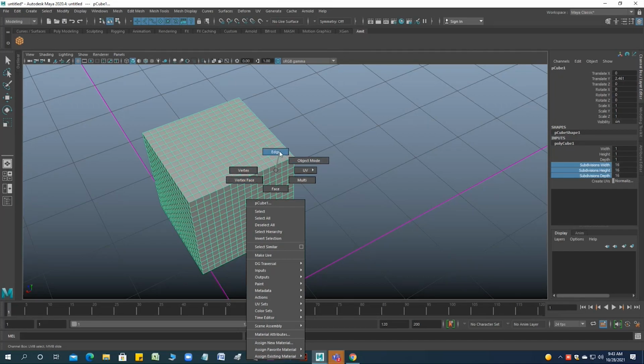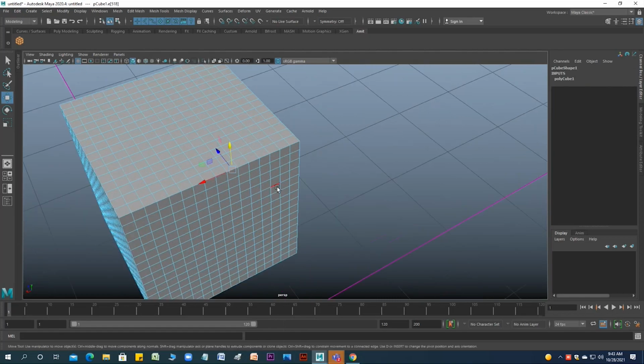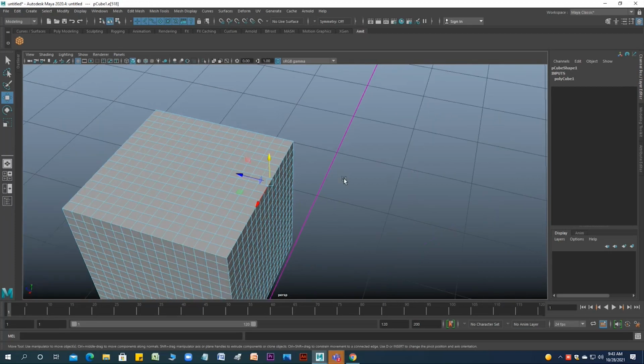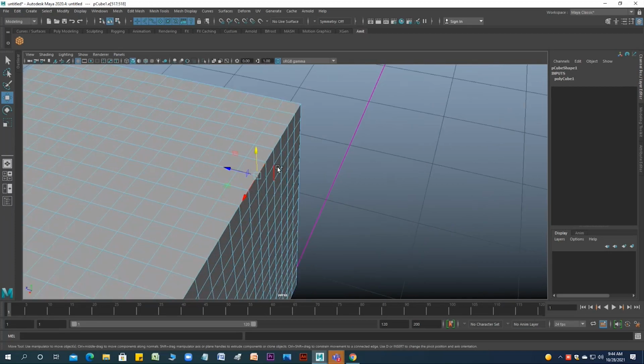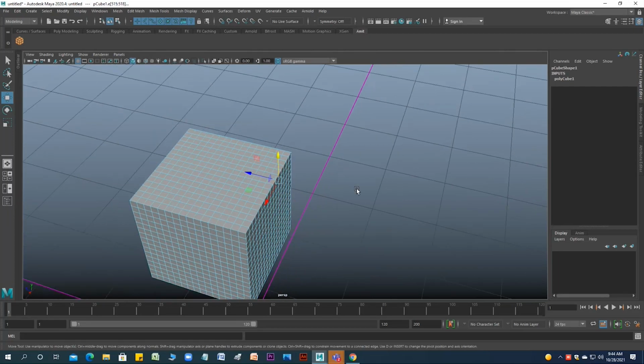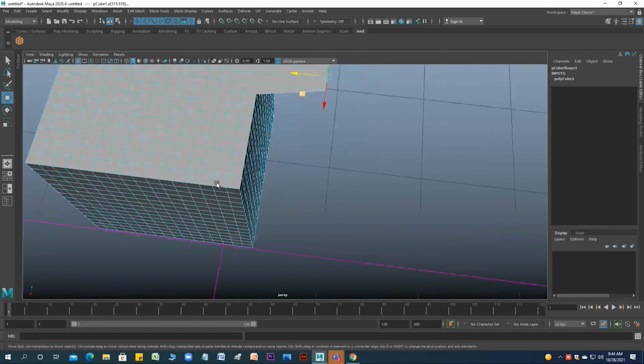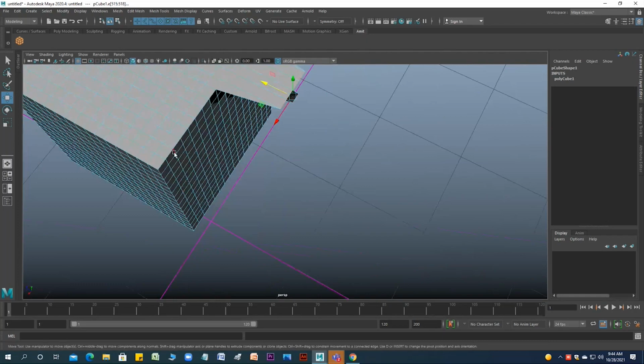So when I go to edge, I'm in the component mode. If I click, I can select this edge, and if I hold Shift, then I can select this desired one, then the next, or wherever I want. So if your geometry is very dense, or you have too many polys, how difficult it is to select just simple shapes. You have to go very slowly and carefully to select anything.